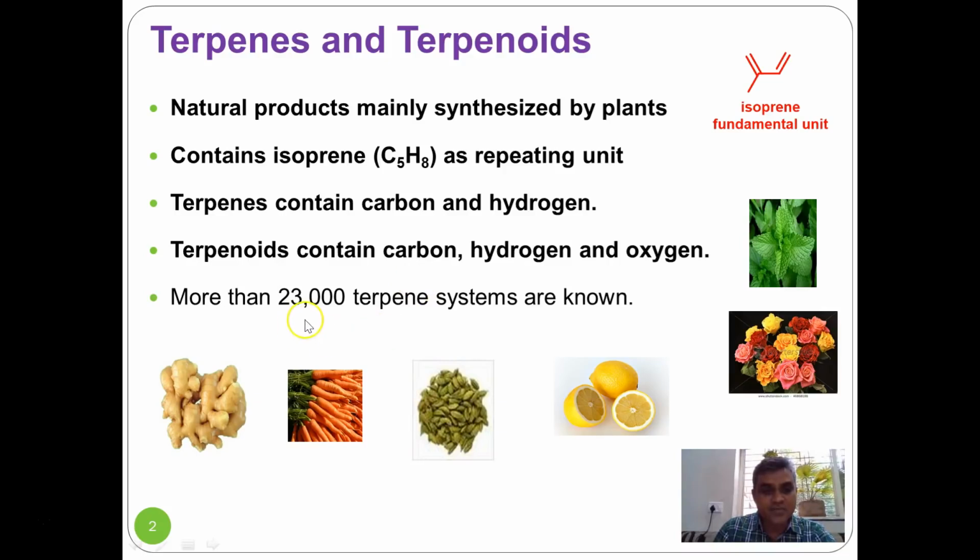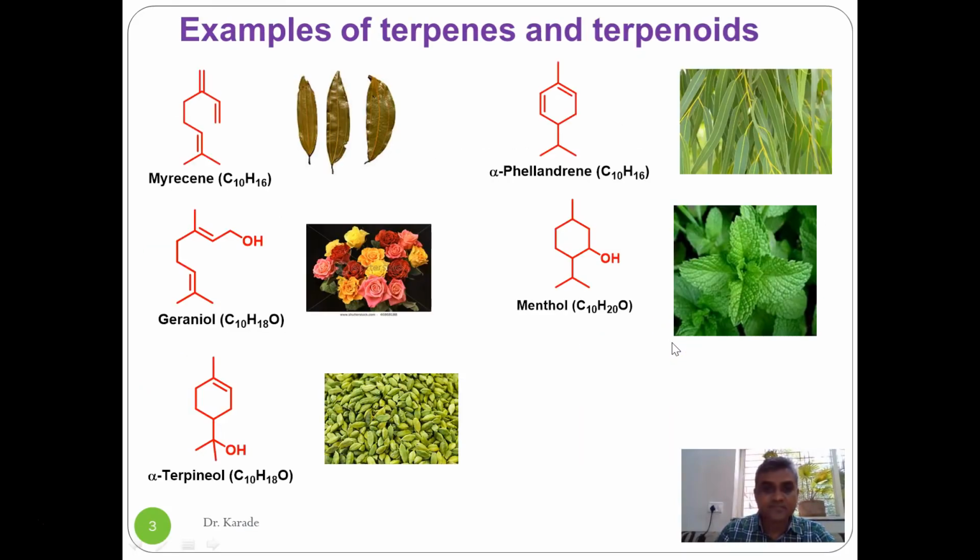In the literature, more than 23,000 terpenes are known. We find various applications of terpenes in our everyday life. Let us see some of the examples. The first example is the myrcene molecule. Myrcene is an acyclic molecule containing 3 double bonds and 10 carbon atoms. It is a major constituent of bay leaf, and bay leaf is used as a spice for making Indian